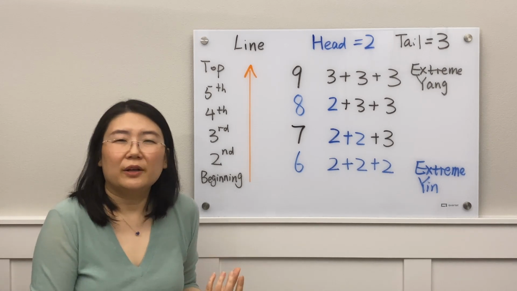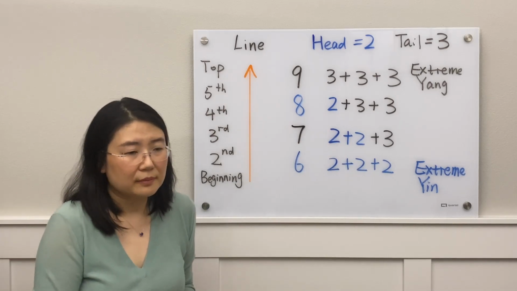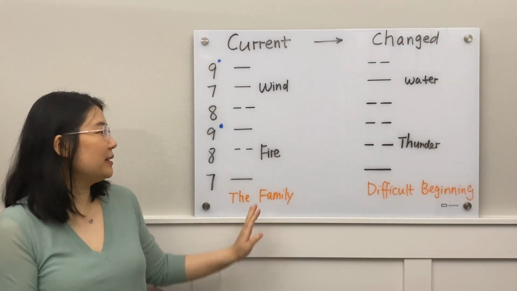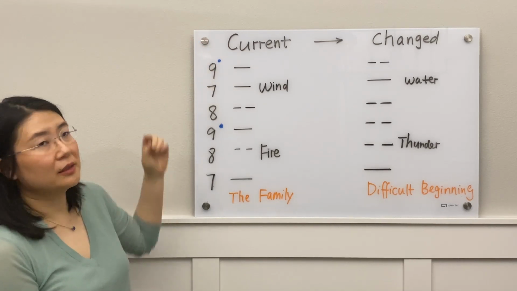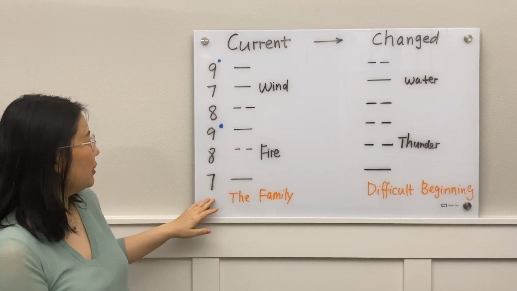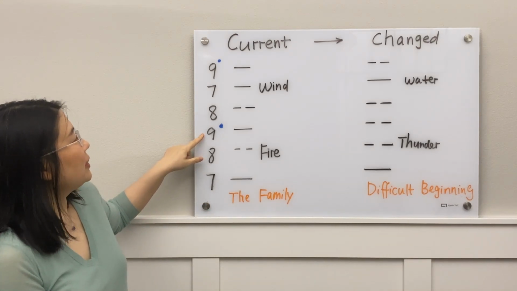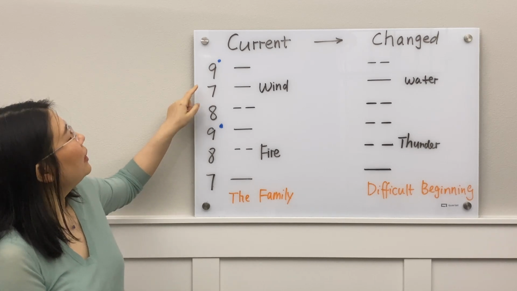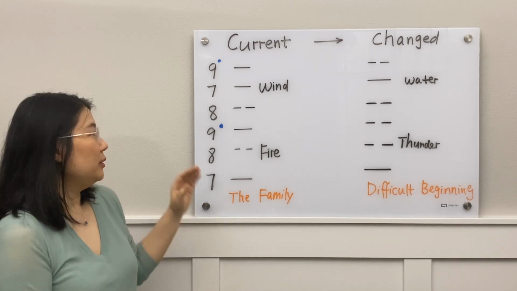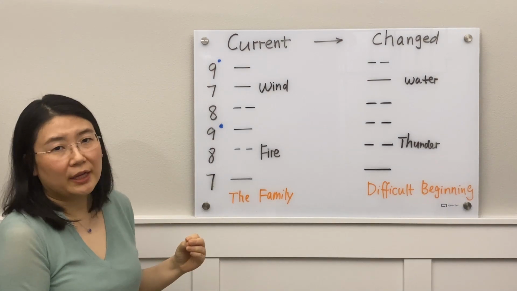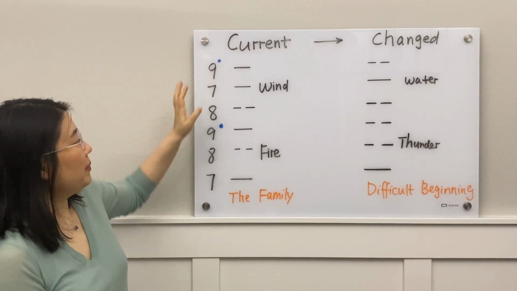So I will share a very quick example to showcase how to run this coin-based prediction. This is an example of my current hexagram after 6 tosses of the 3 coins. After my first toss, I got a number 7, and then the second toss, number 8, third toss, number 9, fourth toss, number 8, fifth toss, number 7, and the last toss, number 9. Then we need to look for either 6 or 9. For this example, I didn't land on the 6, so I have to mark the 9